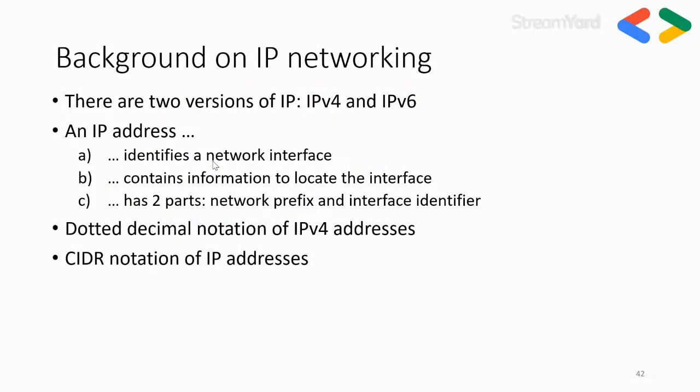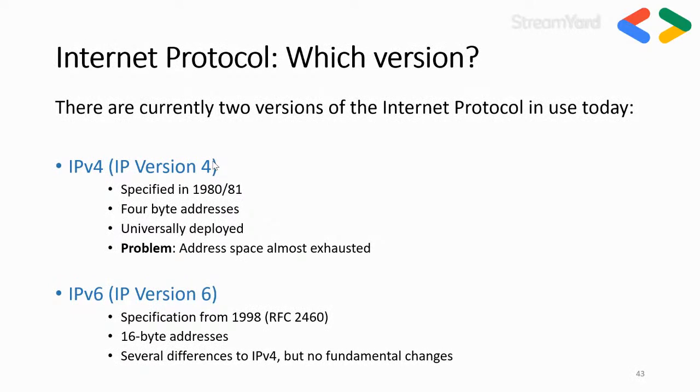I think this is a bit of background. We have different types of IPs, basically two, version 4 and version 6. Why did we have to go from version 4 to version 6? Because the IP addresses have been exhausted. We're having more devices, and IP version 4 cannot support more devices over the internet. So we had to introduce IP version 6 to have more options for IPs. The addresses are almost exhausted.